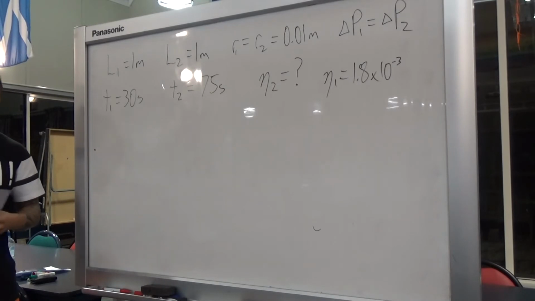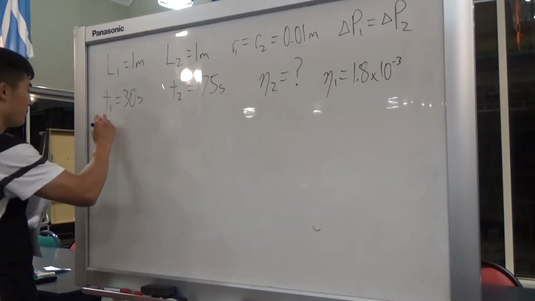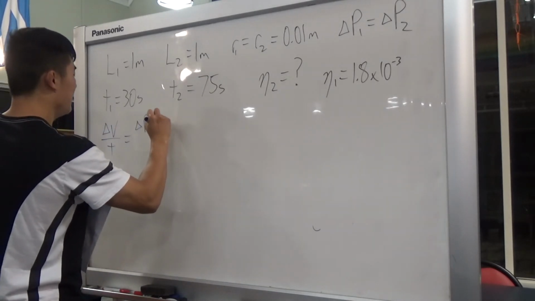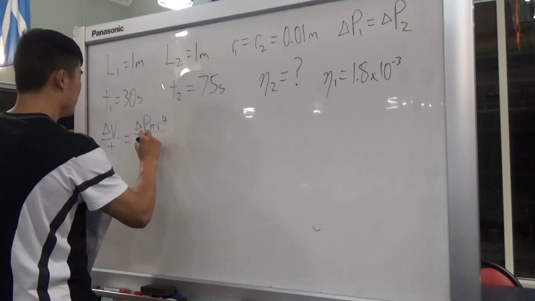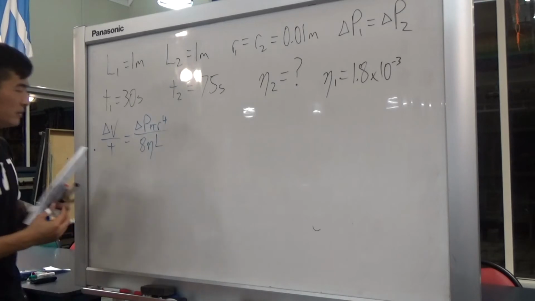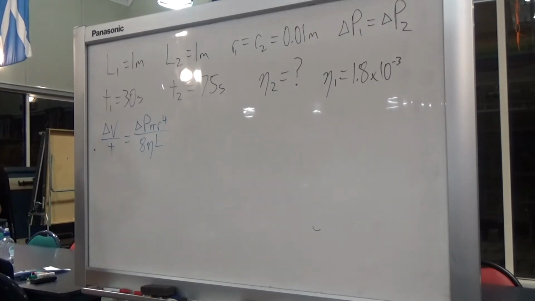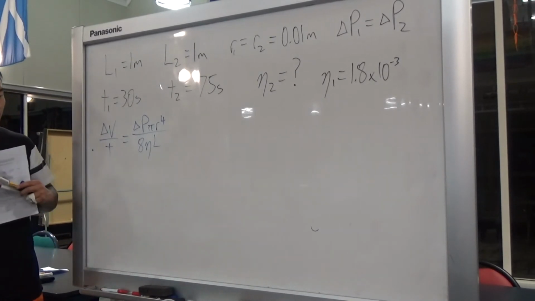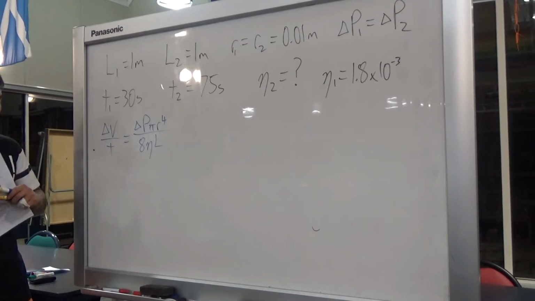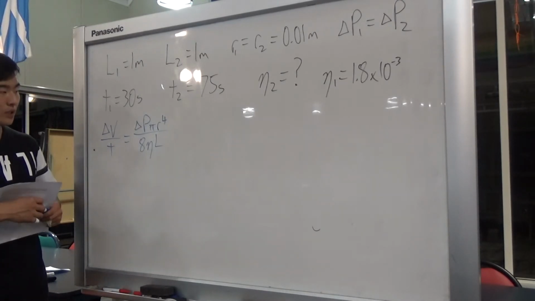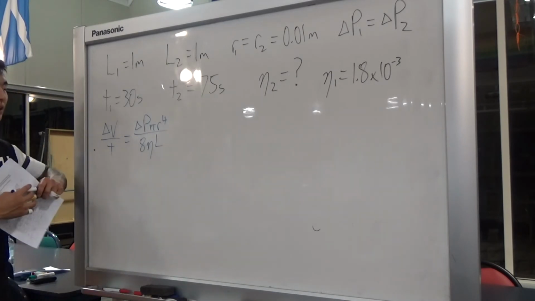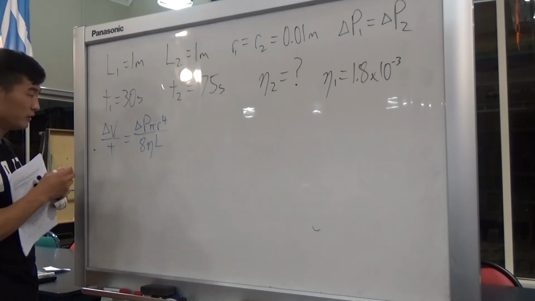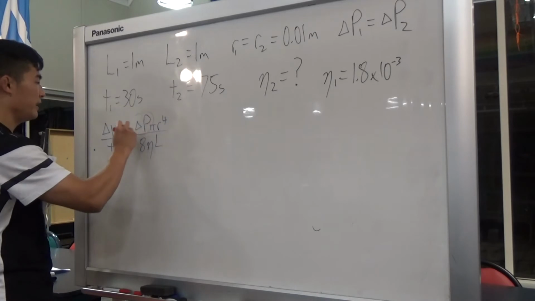So again, because we have time, we're going to use delta V over T is equal to delta P times pi r to the 4th over 8 times viscosity times L. And you're going to rearrange this for something that stays the same. So delta P1 and P2 are the same. So we'll rearrange for delta P